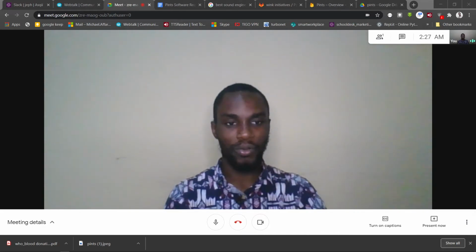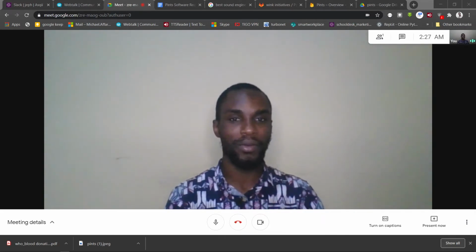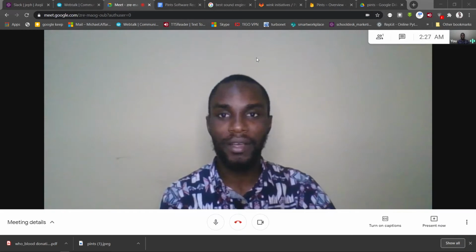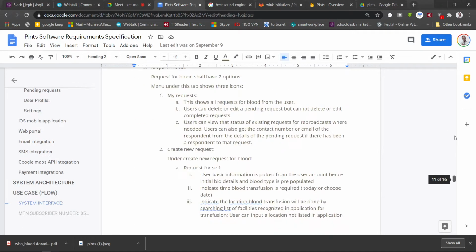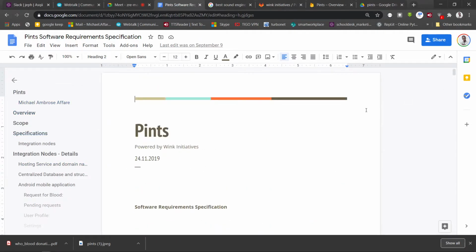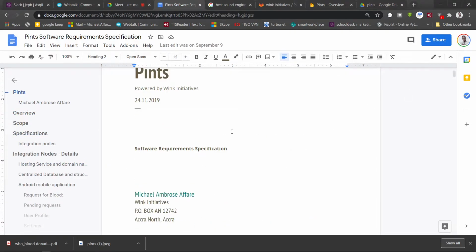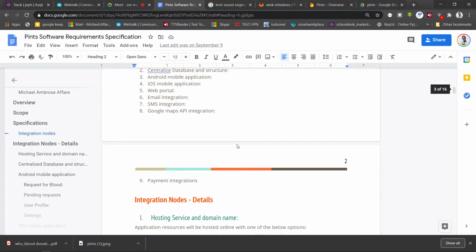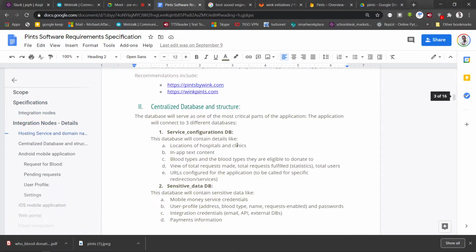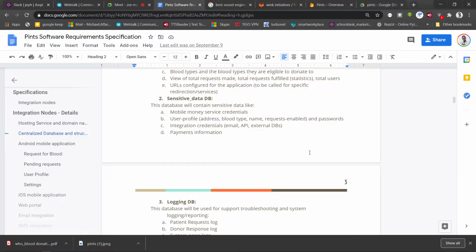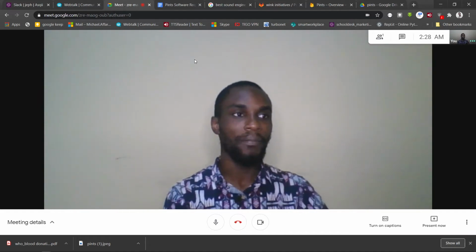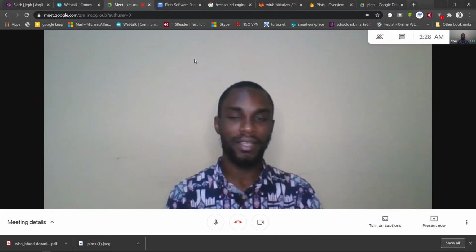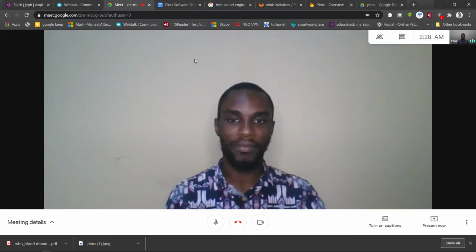We formed a small group to see how the idea would go, and then I fleshed out the idea in a document around November. So this is the software requirements documentation around November that captures everything in an organized way. After I had this, I ran it by my lecturer, who has been a very good friend and support person in my entire software career. And he suggested that I could work on this with some of his very good